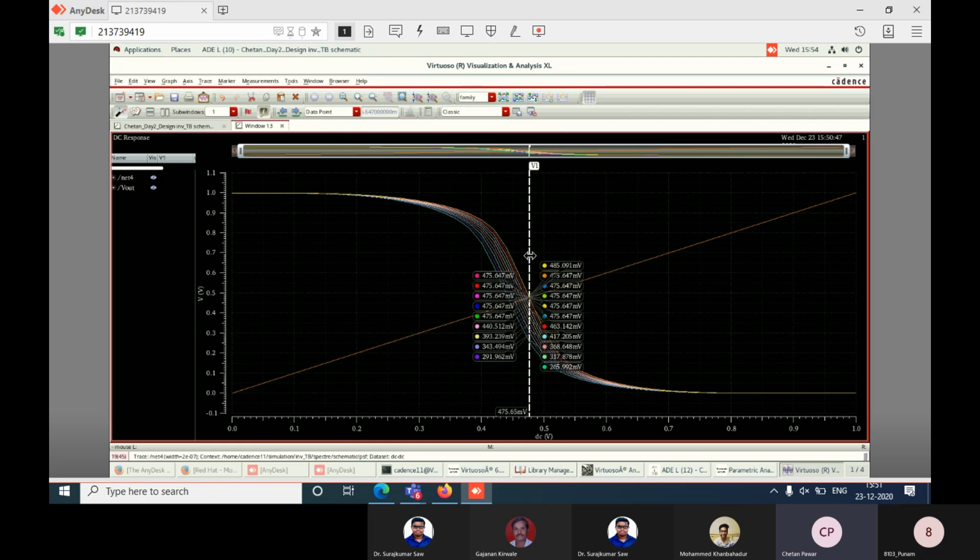Sir has explained the VTC characteristics, and by varying the PMOS width, we can check the threshold value, right? Today's session is over here, and we will connect again tomorrow. Tomorrow is a very important session. We will go for the layout and check the post layout simulation. In industries also, there is a layout engineer, a physical design engineer. From tomorrow we will do layout: layout extraction, how we can check the DRC, LVS, parasitic extraction, as well as post layout simulation.